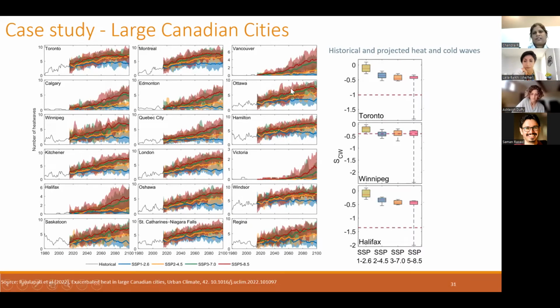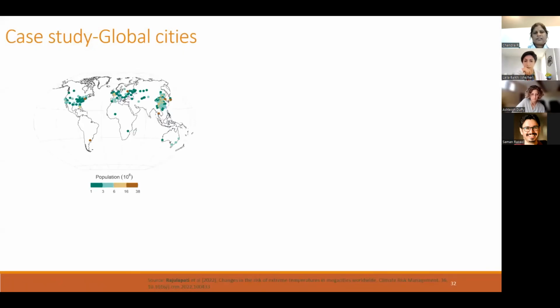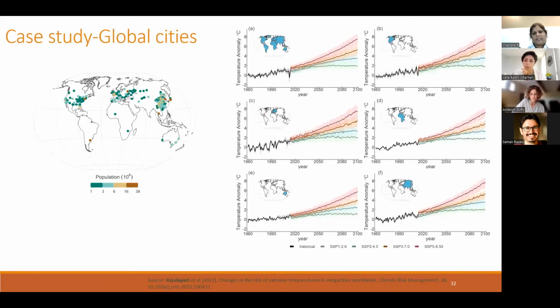And obviously, with the increase in heat waves, the cold waves drastically reduce in the future for any of the cities we have considered. So this study we have extended to the globe. We have considered about 199 cities globally, and we didn't note any much different results than what we have noted. But one thing to consider here is